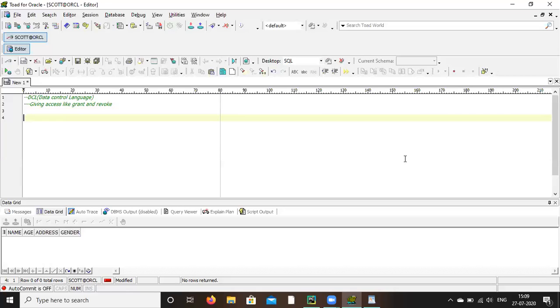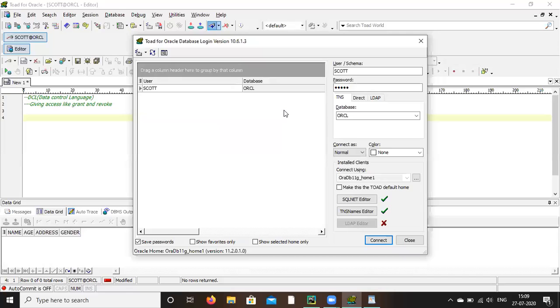So just connect. For that, what you have to do now? You are in which user? You are in the Scott user, right? Yes. So for that, we need another user. Let's say we'll go to the sys user. So connect again. Connect one more user. There is a plus sign. Go to connection. That plus sign is there, right? A little bit to the right side. Yes, that one. Click on that. Okay. Write sys. Remove that Scott. Okay. Sys.